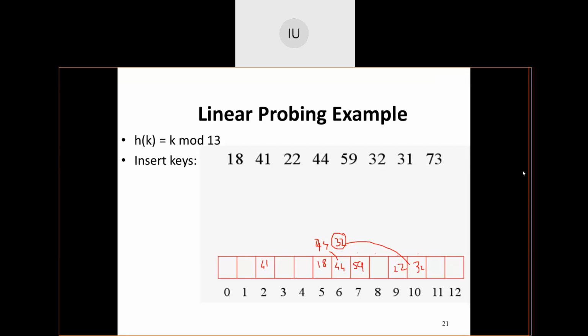Every time there will be a collision occurring. In order to avoid that, I will place the elements here and there, not at one part of the table. Space as such will remain the same, no change at all. But just imagine, I have a table of size, say 100.